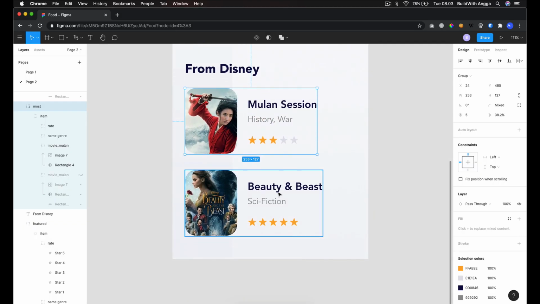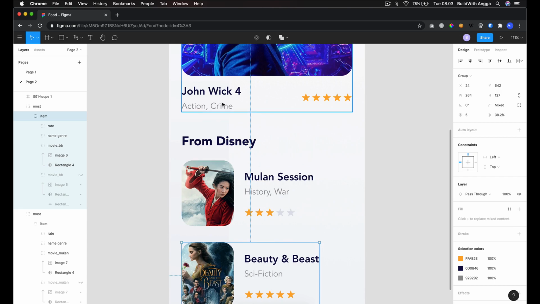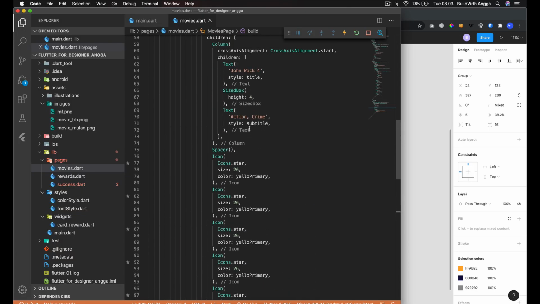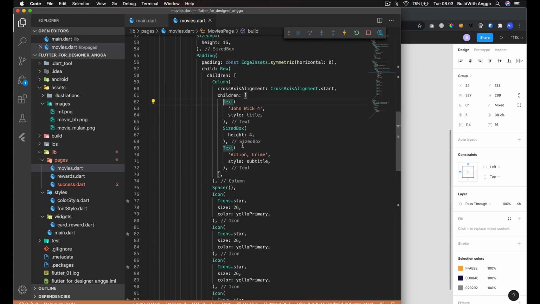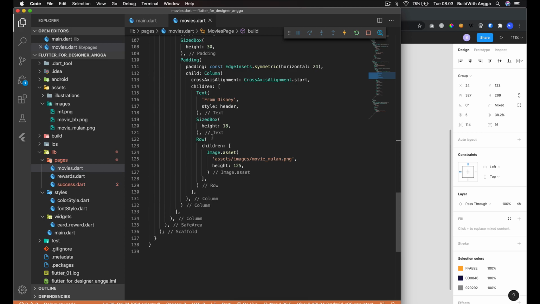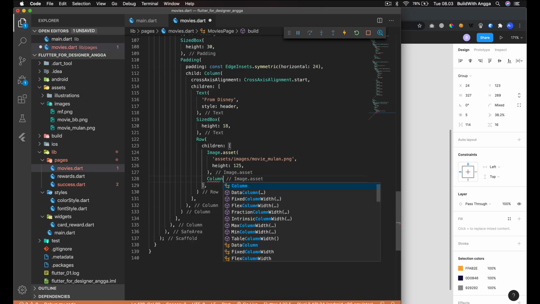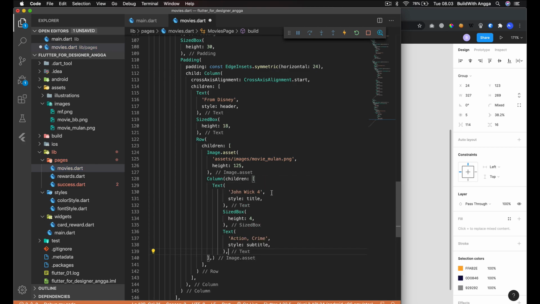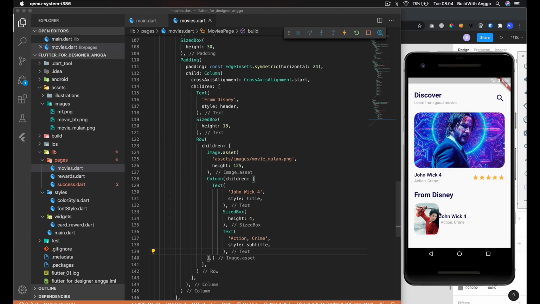And in this section we just need to copy from this section. Well, actually we do have this text, right? Copy, and this is for the row, and after the row we need a column. Okay, and boom, like this.